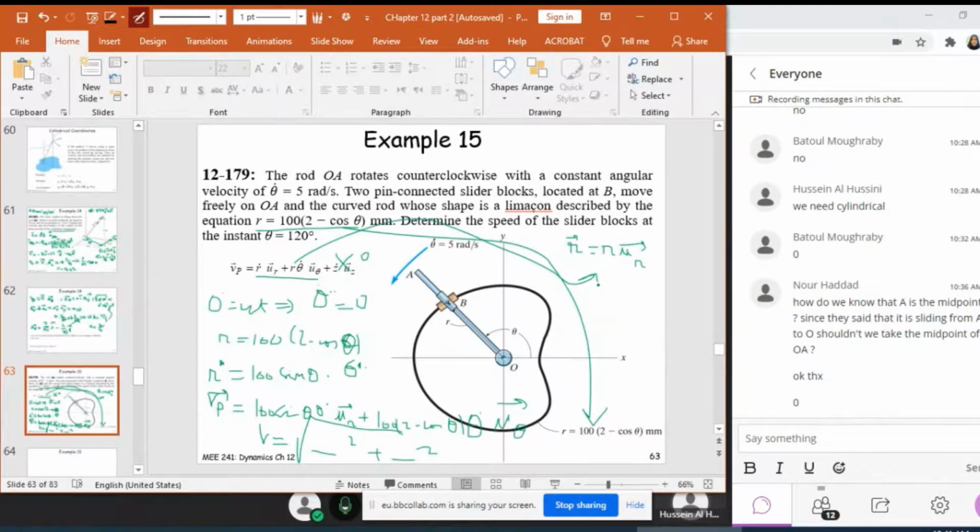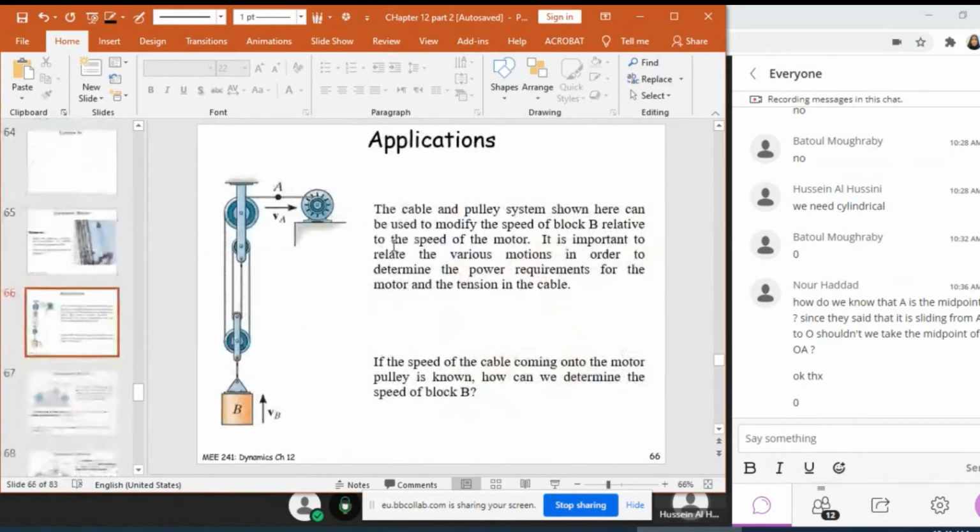All right? So you can do it, guys, from the beginning, as you did in your assignment. You can replace r by 100(2 minus cosine theta), and then you can do the derivation using the chain rule and so on. All right? So it's very easy. Example 15. I'm going to